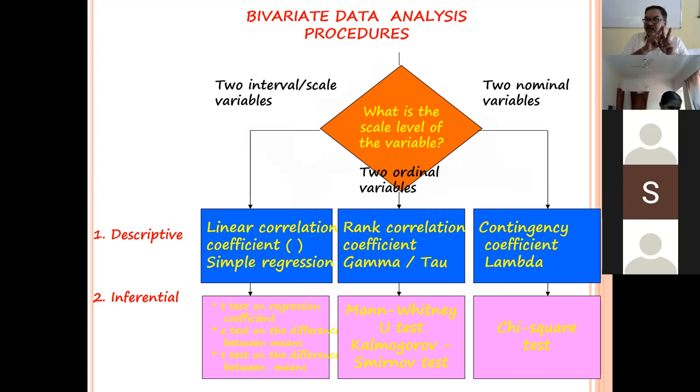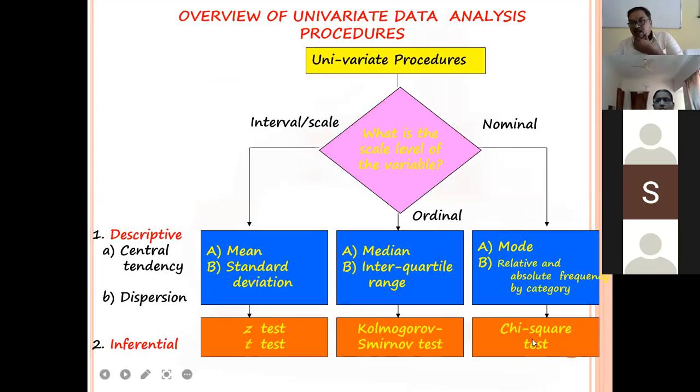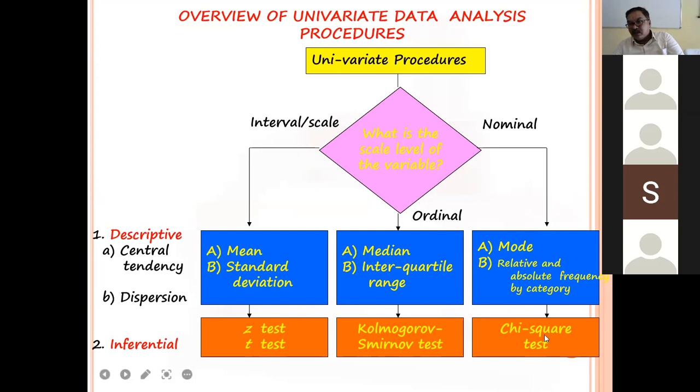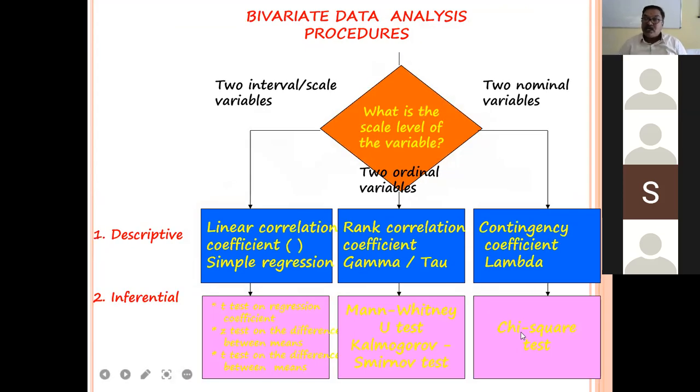And then out of yes, whether it is more from the male or more from the female. If I want to know, then again I go to the test card, the chi-square test. The previous one I told you was the univariate procedure test, the goodness of fit test. And now it is the association test.